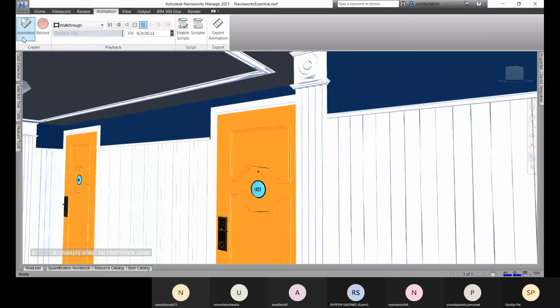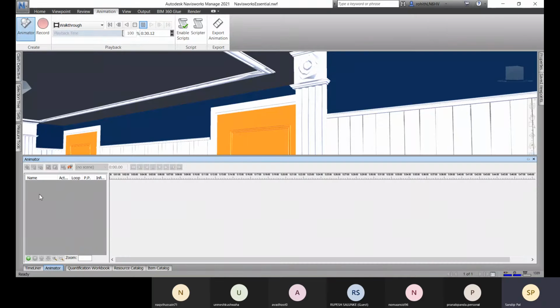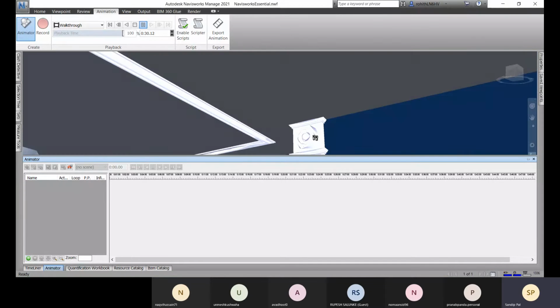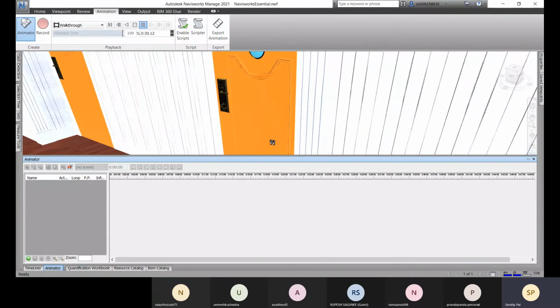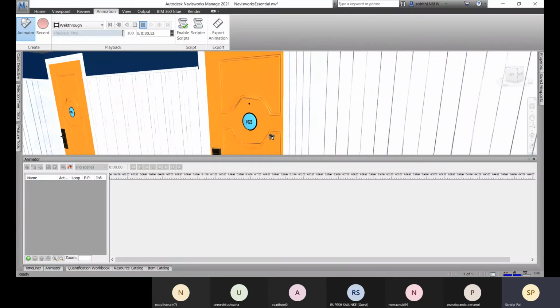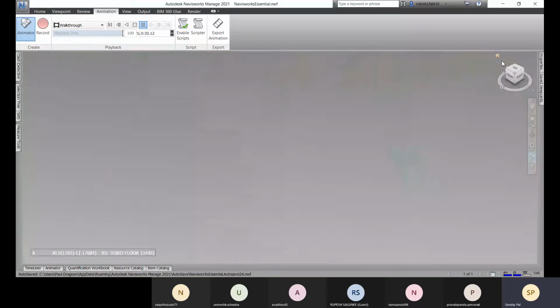Okay, so we will click on this animator, and here you can see that nothing is added. So we need to click on this add scene option. So here it will be, let me check. So it will be difficult for me. So let me go to the outside where I can zoom in and zoom out freely. You have no problem with that.